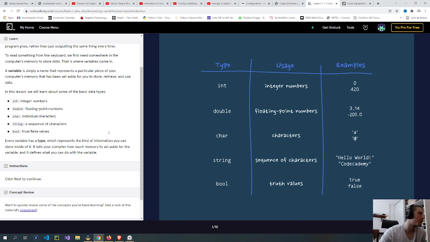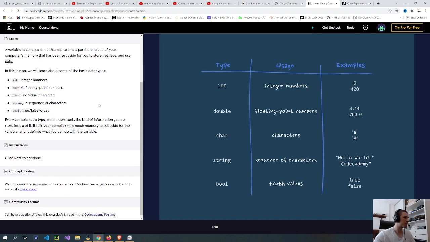To read something from the keyboard, we first need somewhere in the computer's memory to store data. This is where variables come in. A variable is simply a name that represents a particular piece of your computer's memory that has been set aside for you to store, retrieve, and use data. This lesson will cover some of the basic data types. Int, integer numbers.